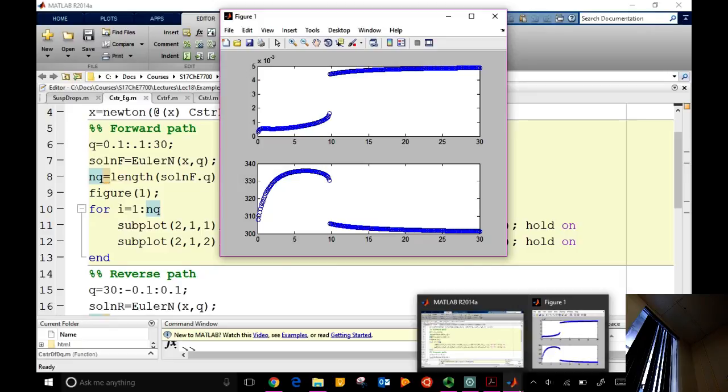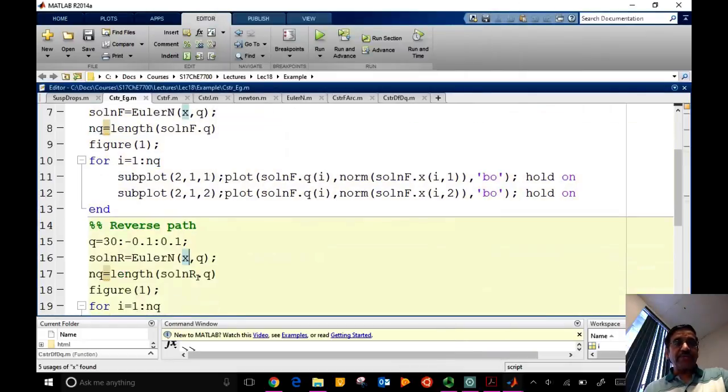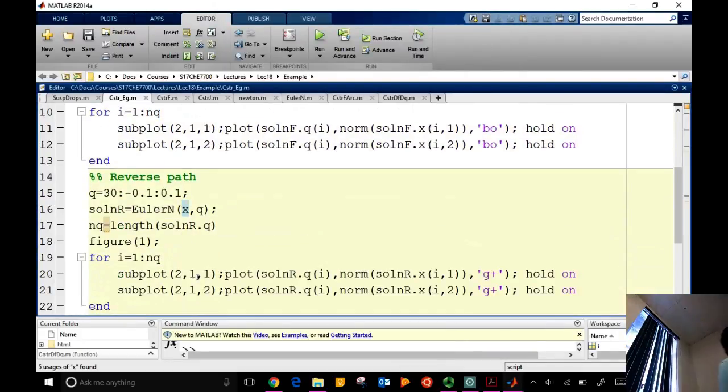And Amundsen actually did all these calculations through a combination of clever analytical manipulations without the computers. So it's very easy to set up that reverse path. Q equals 30 minus 0.1 to 0.1. Just reverse the direction of the vector, right? And then do the same, make the call. But this time, what does this x contain? The last converged value from there. That corresponds to Q equal to 30,